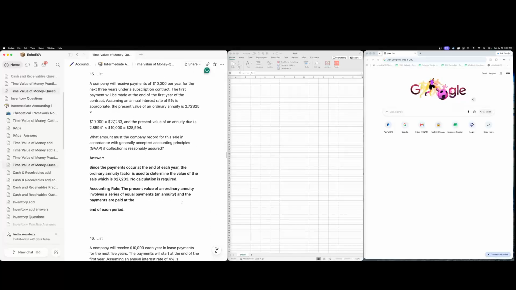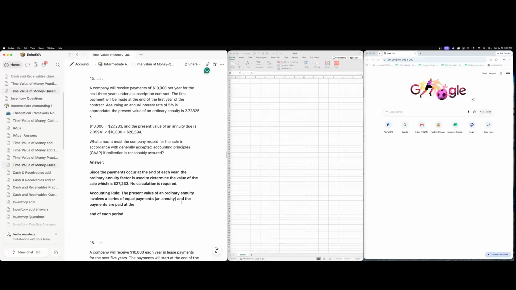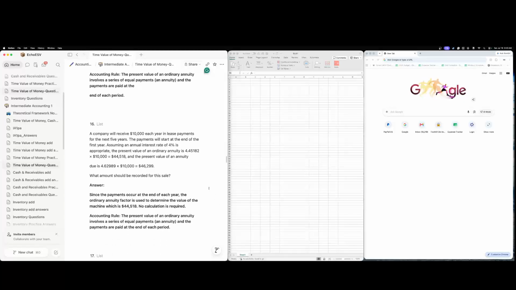Company receives payment of $10,000 for the next 3 years. Subscription model. Payments will be made at the end of the first year. So they'll be making payments like December 31st. So that's going to be our ordinary annuity, 27233. Company will receive 10,000 each year for the next 5 years, starting at the end of the first year, December 30th. So that means it's ordinary annuity. So the answer is